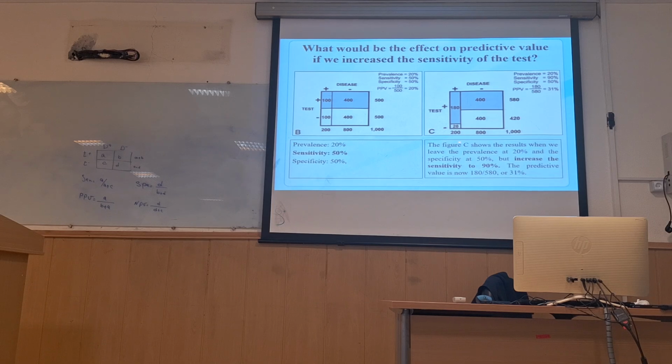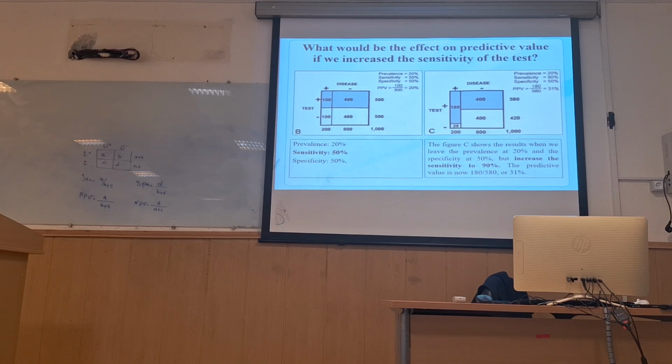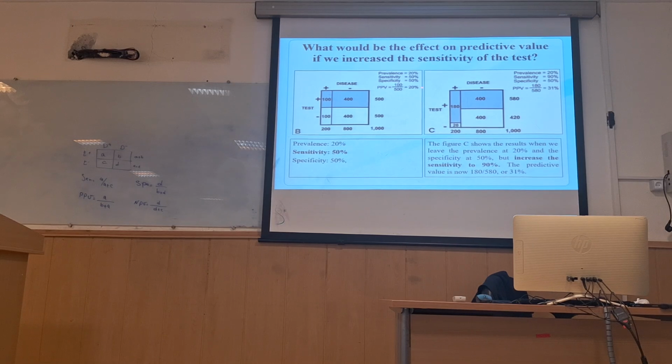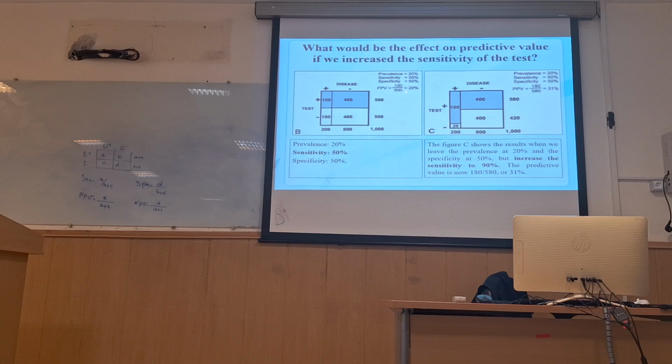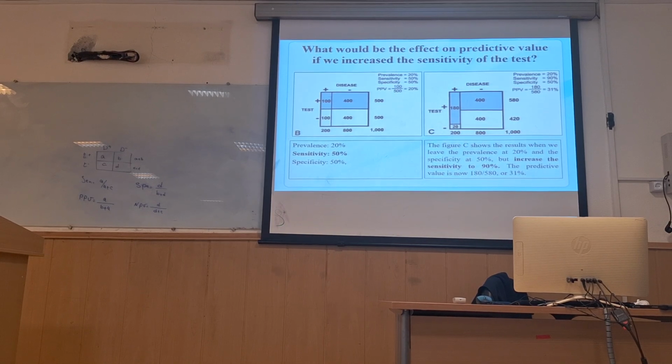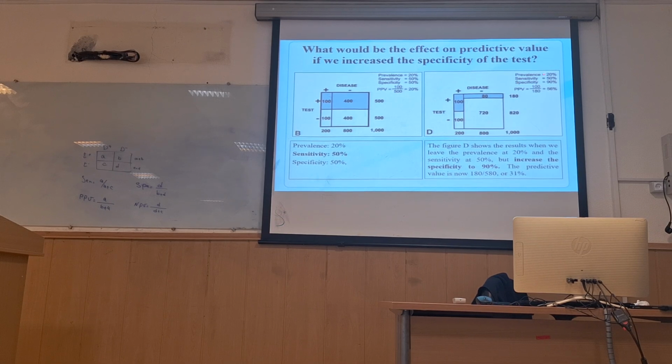Both tests have the same specificity. But as you see, please calculate the positive predictive value. In this scenario, it's 20%, and in this scenario it's 31%. Yes? But imagine that we have another scenario in which prevalence is the same, 20%,